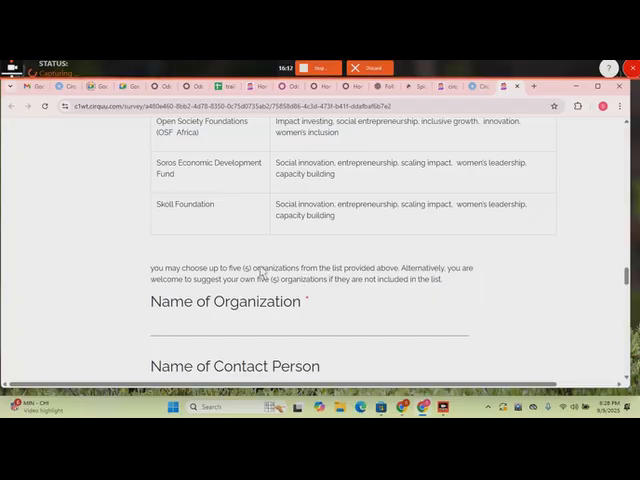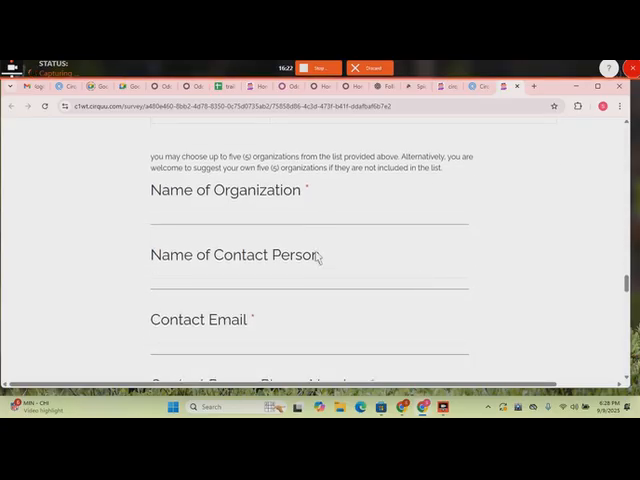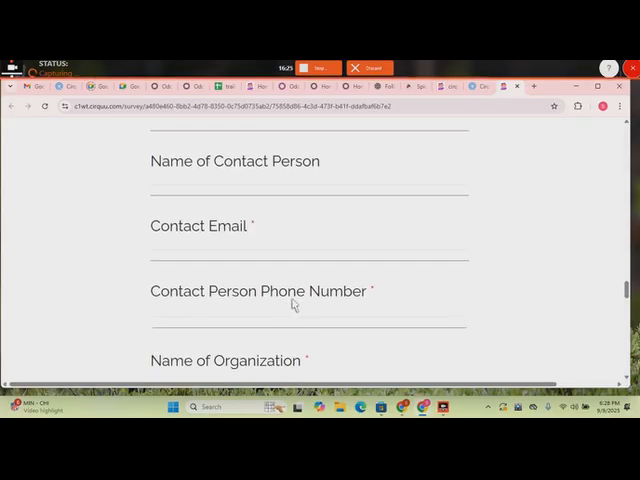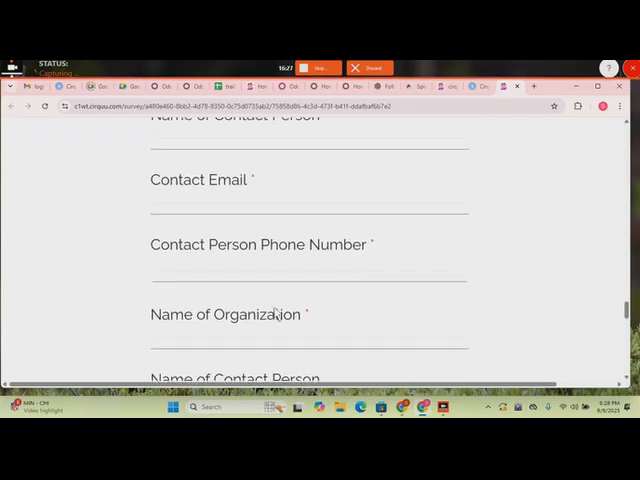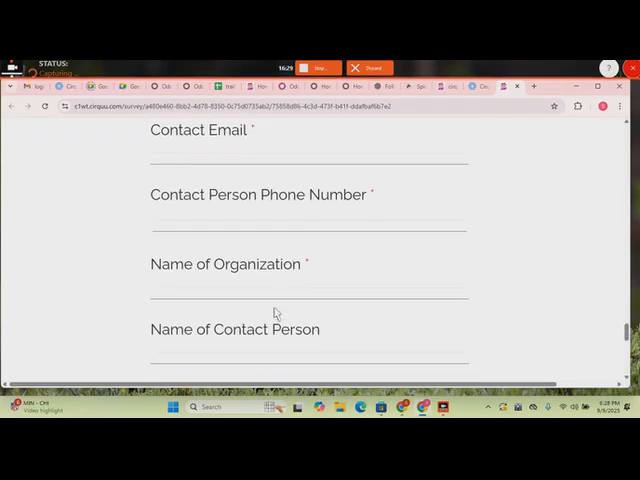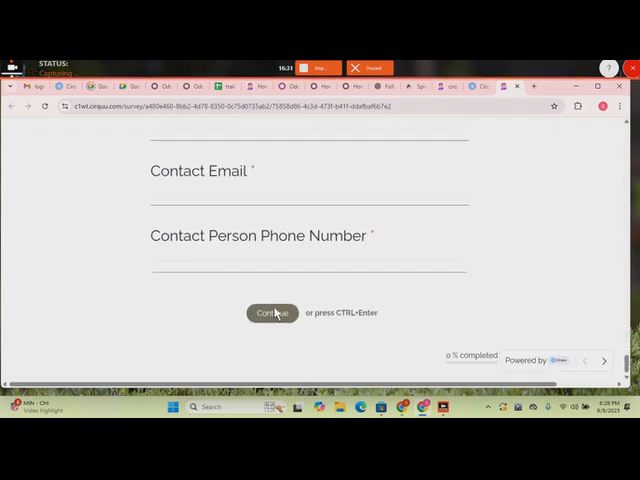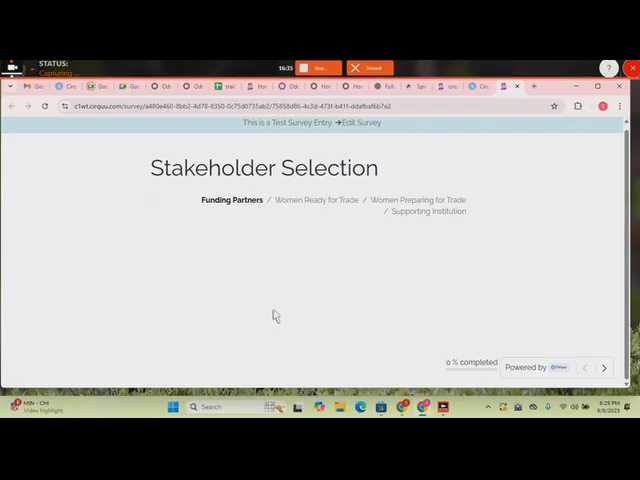Select, choose up to 5 organizations from the list provided above. Alternatively, you are welcome to suggest your own 5 organizations if they are not included in the list. So here they just enter the name, contact email, and contact person. They repeat this sequence 4 more times to reach the goal number of 5. Once they're done with that, they click continue and move on to the next section, which is